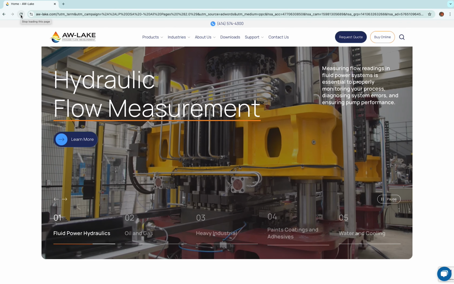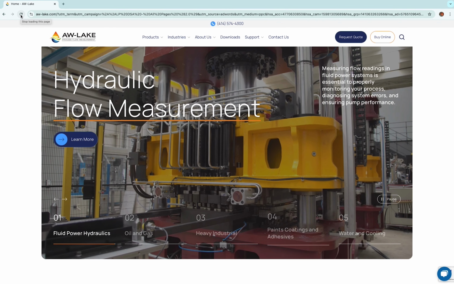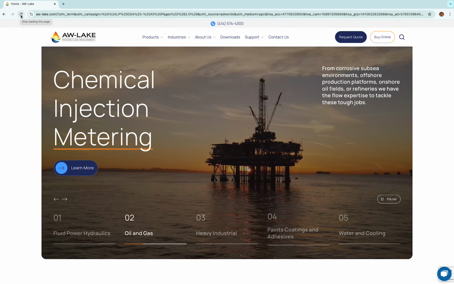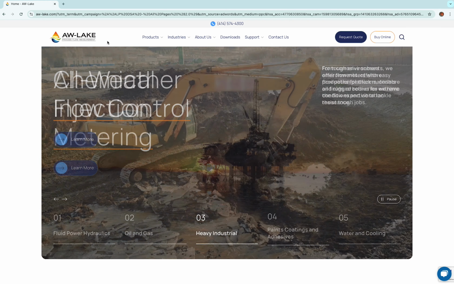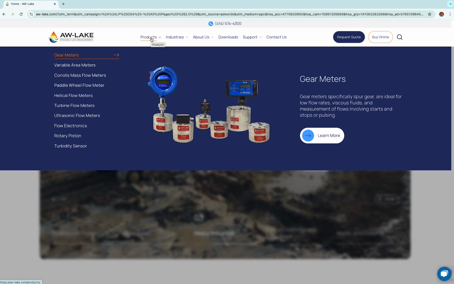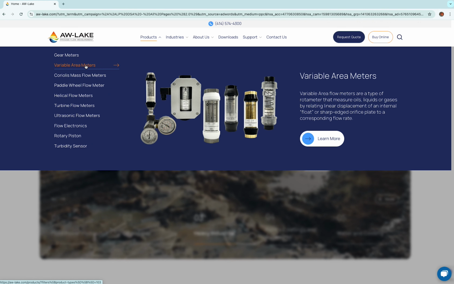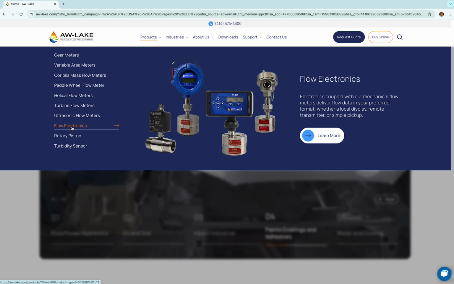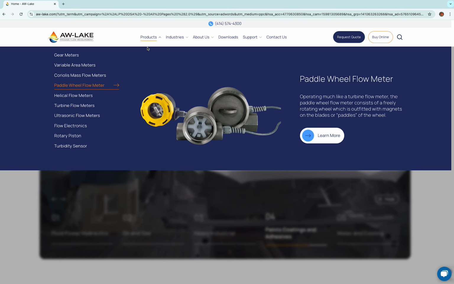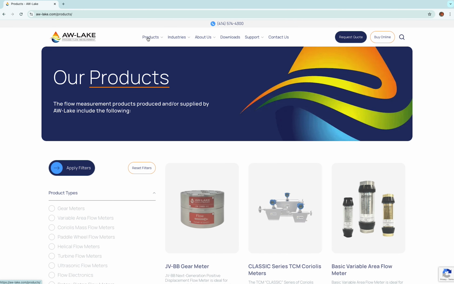In this tutorial video, we will go over the product pages and how to filter through products and look up pertinent information. To start, scroll over the word Products on the top of the drop-down menu. Here you can choose between the different meter types offered by A.W. Lake, including Flow Electronics. You can also simply click on the word Products to see all the different flow measurement